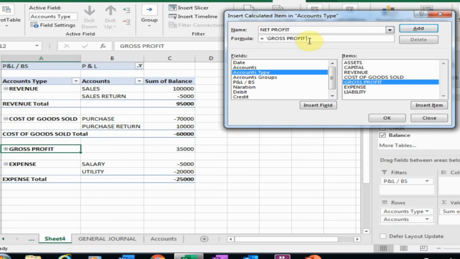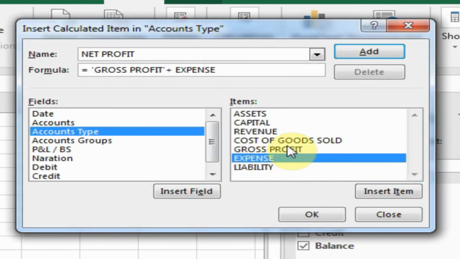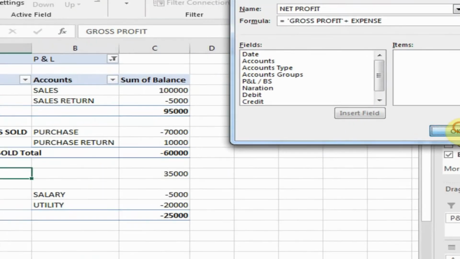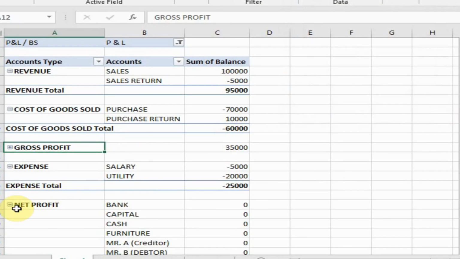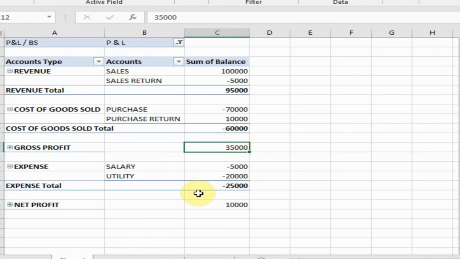If I type minus here, minus minus will be plus. So type a plus sign for subtracting, double click expenses and add here, and click OK. It will generate the net profit. If we subtract the expenses from gross profit, we get net profit.